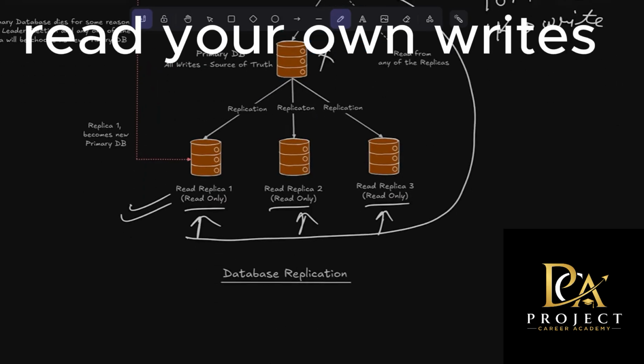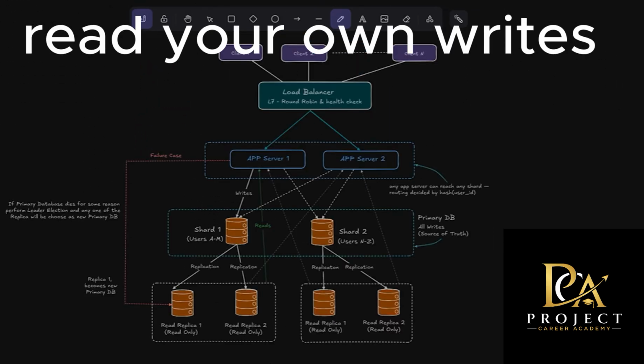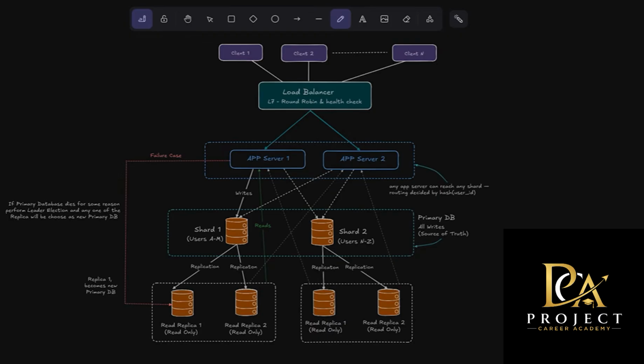The problem here is that replication is not enough on its own. Replication improves read scalability, but it does not solve storage limitations. Imagine if you now have 100 million users, even with a replica, every database will still store 100 million records. And eventually, your storage limits will be reached and your write throughput will become a bottleneck, and your entire system will become slow. At this point, you will need a new strategy.